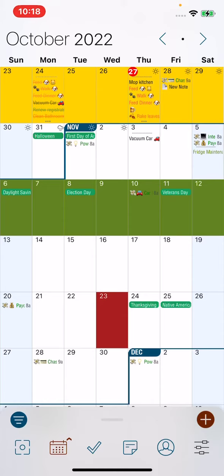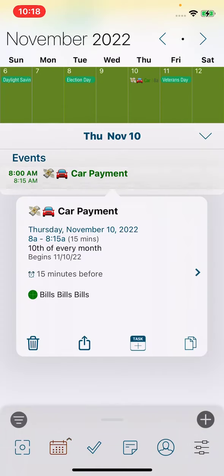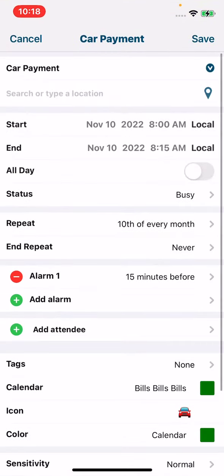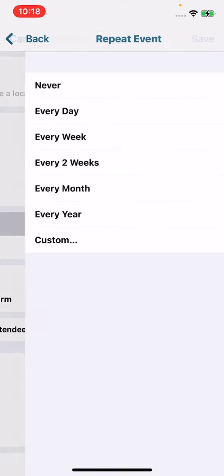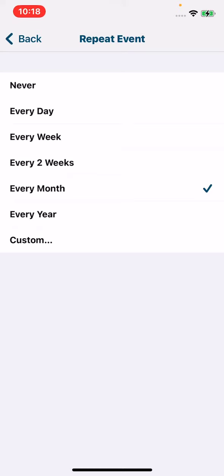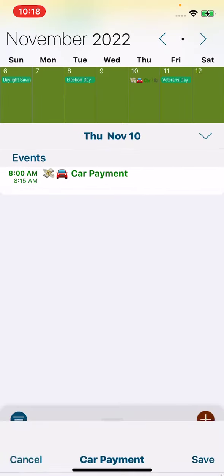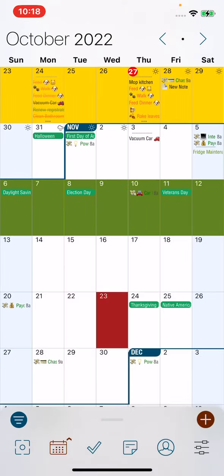Then I've got car payments that come up. And again, repeat options are going to be your biggest thing here. You want to make sure that you have your repeat set. Mine is due on the 10th of every month. And then, let me show you one of the coolest things you can do